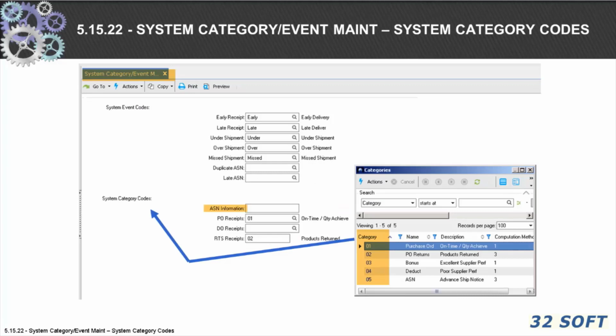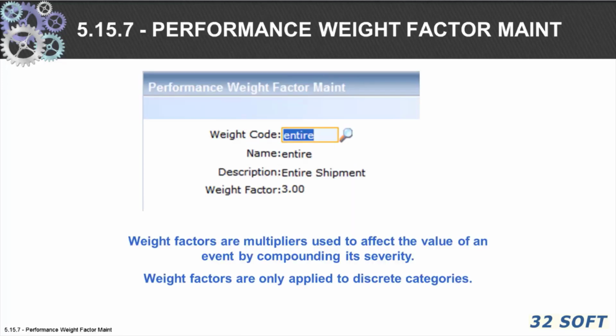The cross-reference is necessary to enable automatic data collection and to tell the system how to proceed. Category names are purchase, PO returns, excellent supplier, deduct poor supplier, and ASN advanced shipping notice. Weight factors are multipliers used to affect the value of an event by compounding its severity. Factors are only applied to discrete categories.